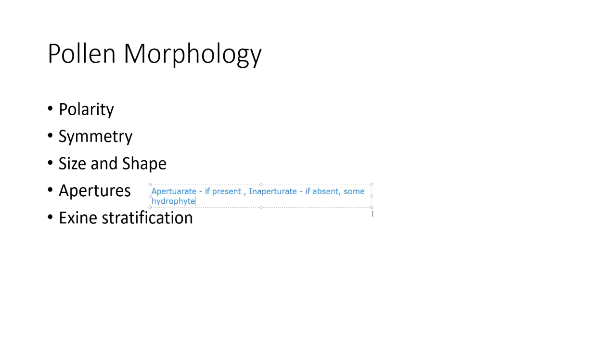so that the pollen grains do not have apertures. I'll just have to mention here, especially in submerged hydrophytes, the pollination is taking place with the help of water. And there are two types. One is called epihydrophily. Epi is above the water surface. And second is called hypohydrophily, that is below the water surface. And in this hypohydrophily, there is one example, Zostera.